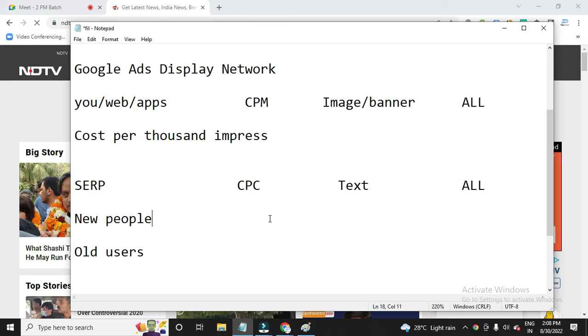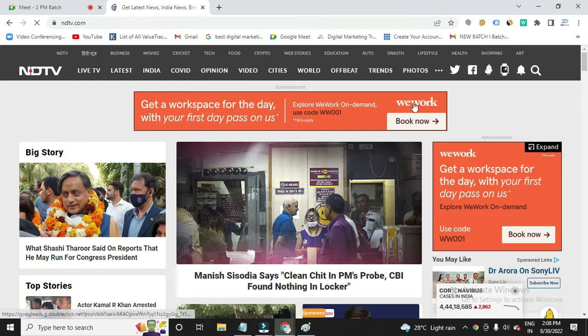It's a completely new one. So now, can you say I didn't visit the WeWork website till now, but I'm able to see these ads? This is called display network. Whereas a search network is when you search for information, that means the user is actually looking out